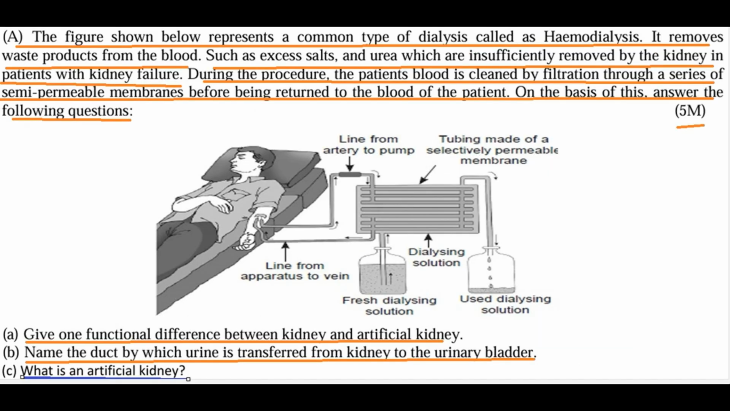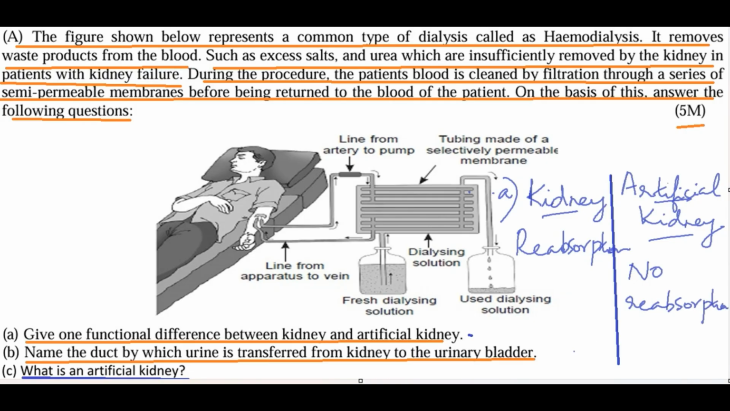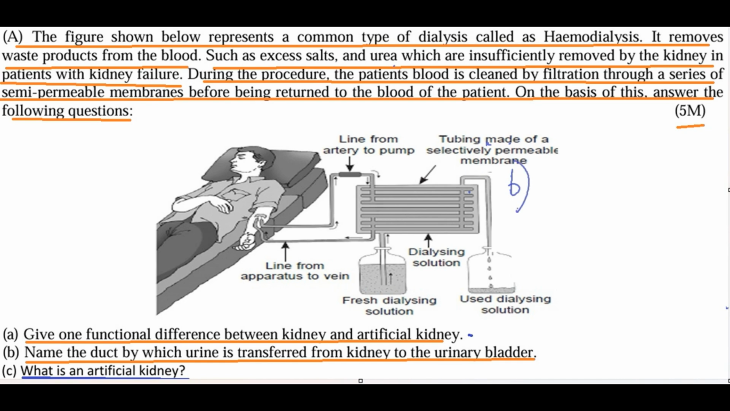Going to the first question, give one functional difference between kidney and artificial kidney. The difference is that, whereas artificial kidney, there will be no reabsorption. So that is the difference. Now the B part of the question, name the duct by which urine is transferred from kidney